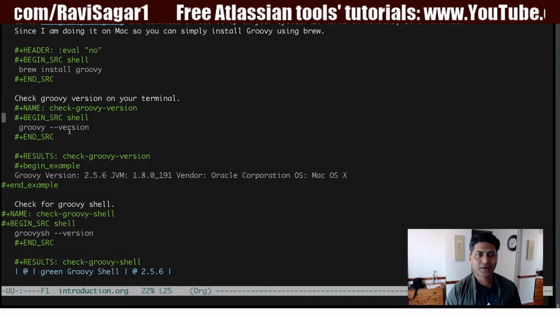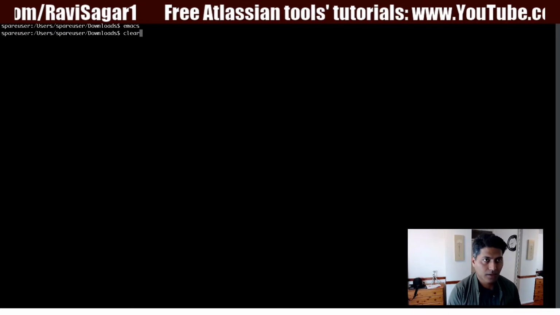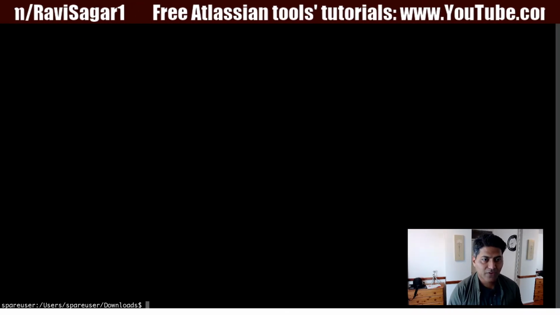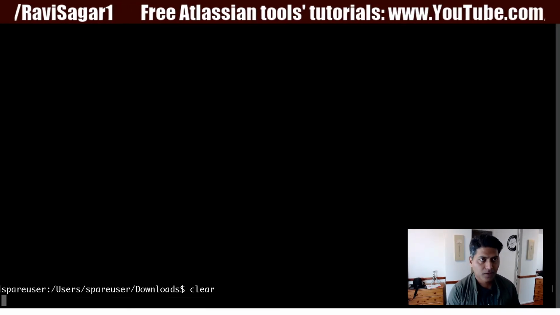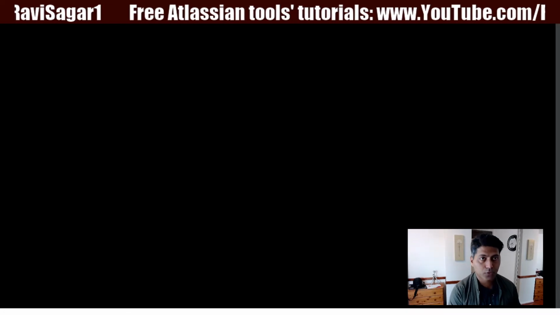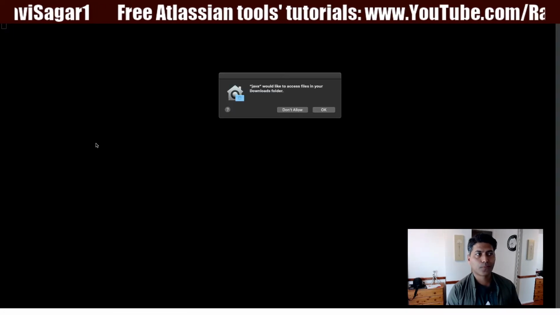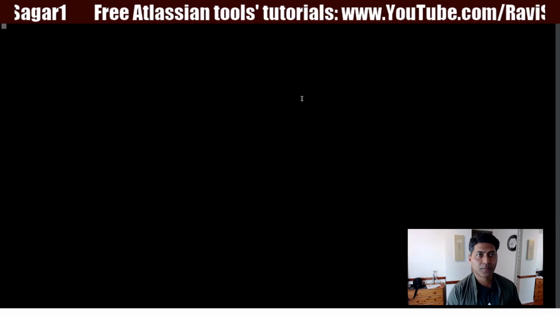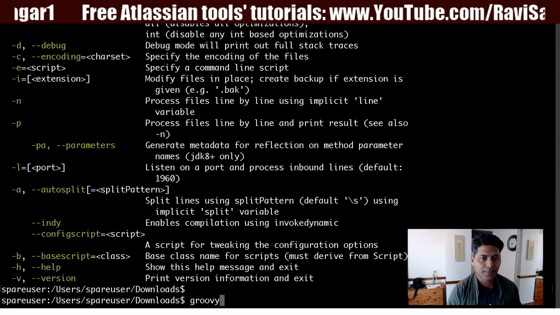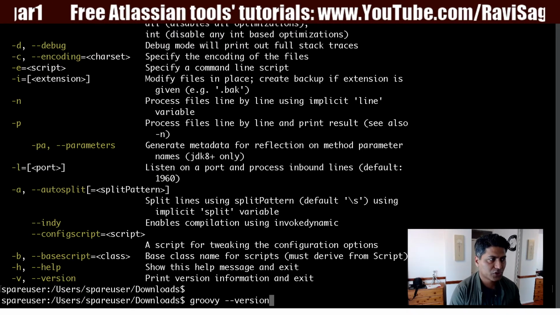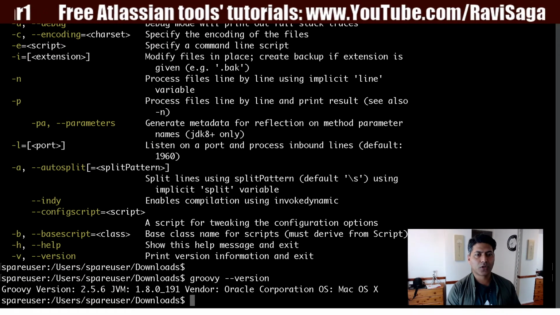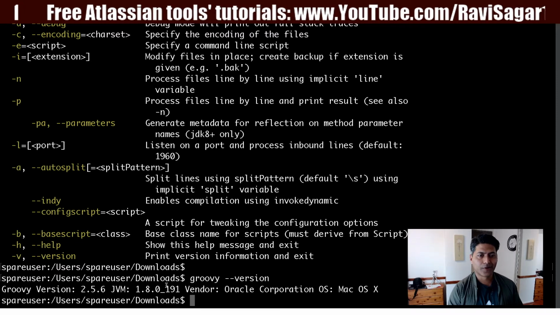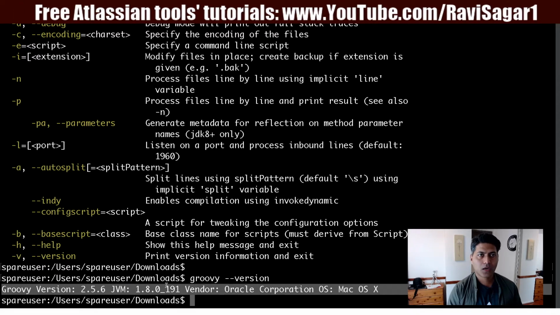Now, if I run the same command, maybe I want to show you how this works, and if I type here groovy, you can see the output, of course, on the terminal. Let me just type in here groovy version. You can see, of course, the output on this terminal here. But